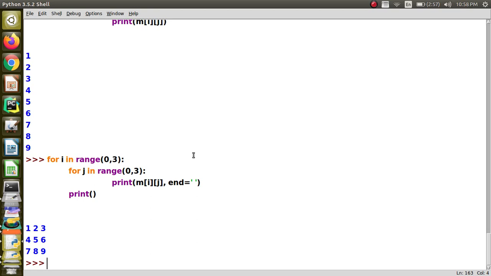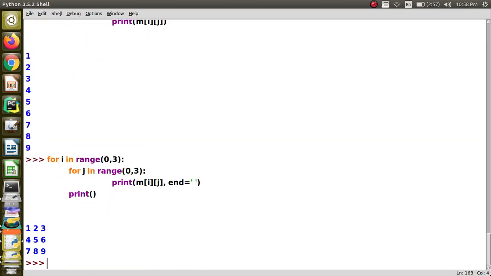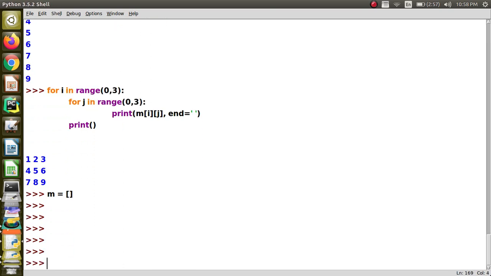Okay. And when you are going to read and form the matrix, I just showed you 1, 2, 3, where I just put the elements inside. Instead, to form the matrices, initially you have to have the list as empty. I will say let m equal to empty.